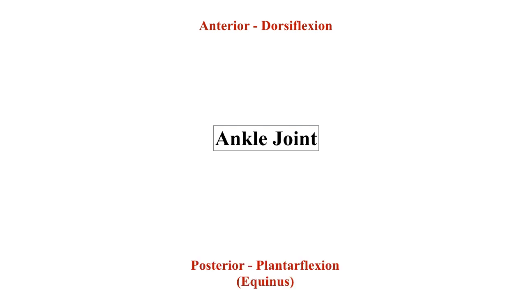Now coming to the summary of the movements and the muscles which cause all the movements around the foot and the ankle joint. Now take this central part as the ankle joint. Any muscle that is anterior to the ankle joint causes dorsiflexion. Any muscle that is present in the posterior aspect of the ankle joint causes plantar flexion. This is the axis which is drawn from the anterior to the posterior aspect of the ankle joint, and this line divides this into a medial part and the lateral part.